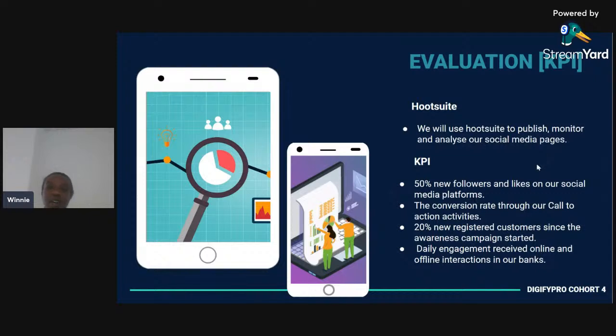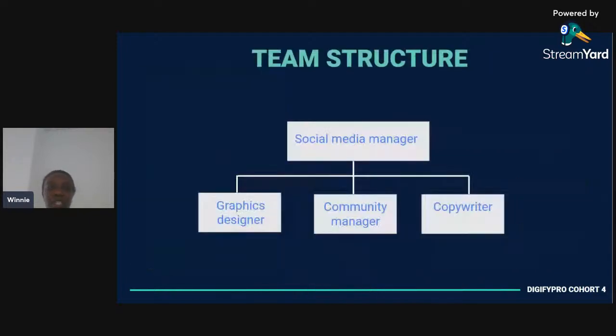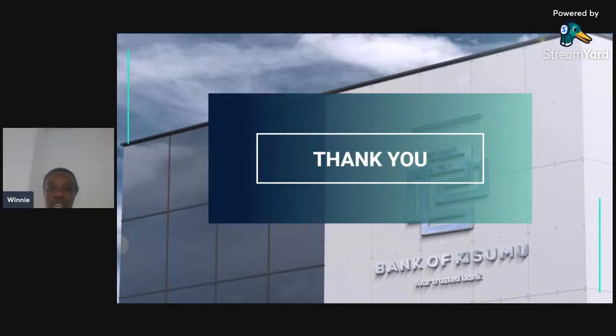So it's just a brief, and probably yes, if you have a team, you could use that. But if you only have an individual or you are the one doing everything, that's also fine. And lastly, all right. So this is just an example of how you plan. Probably it could take a different direction, but I just wanted to give you a bit of a structure to help you in your social media strategy. So that is just a sample of a strategy.